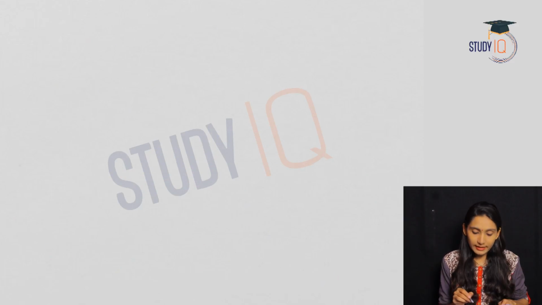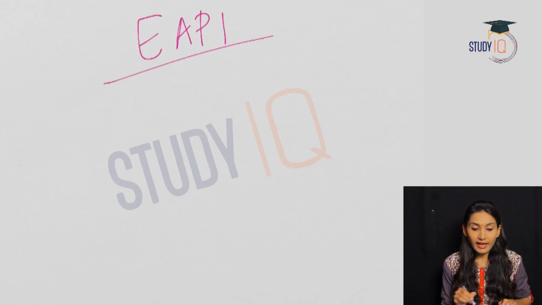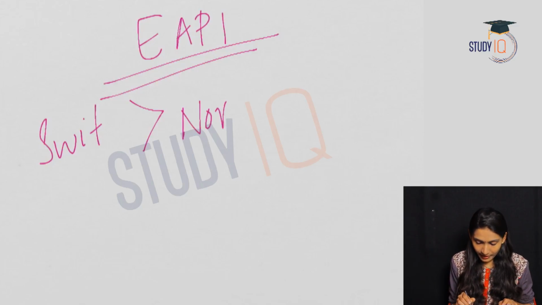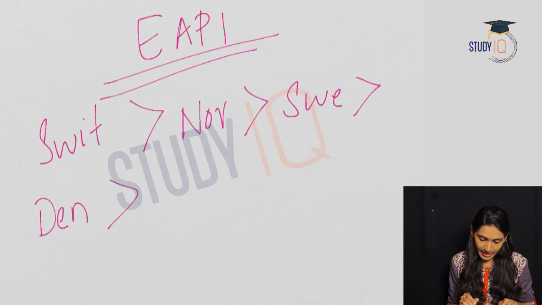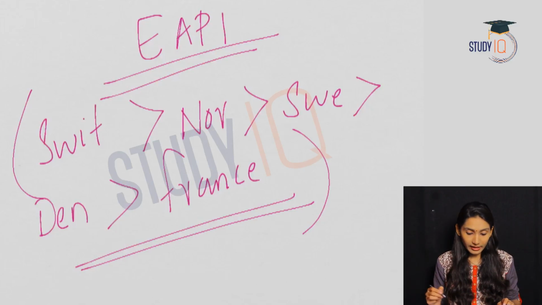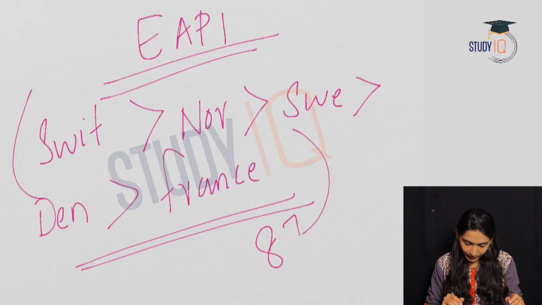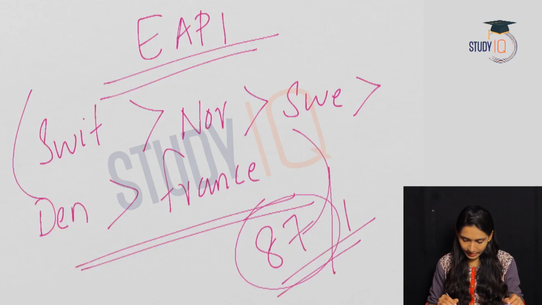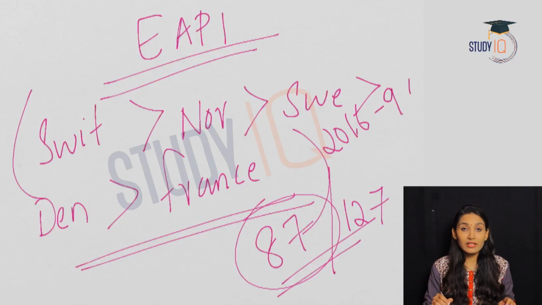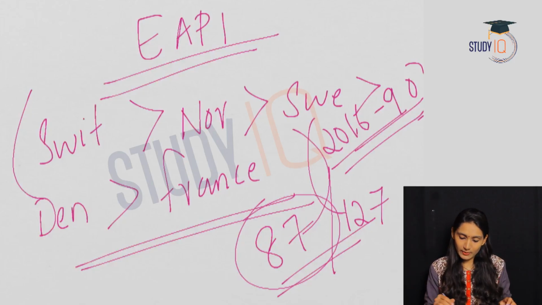And in the EAPI, that is the Energy Architecture Performance Index, Switzerland is the country that has topped the list. Switzerland is followed by Norway, Sweden, Denmark and France. So these are the 5 topmost countries with regard to the Energy Architecture Performance Index of the World Economic Forum. And we have already seen that the rank of India is 87 out of 127 countries, and in the year 2016 the rank of India was 90. So in 2016 it was 90 and we have improved 3 ranks and now it is